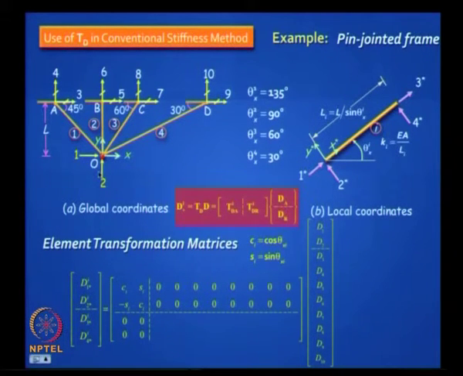Well, check the coordinates. Element number 1 is linking 1, 2 and 3, 4. So this is 1, isn't it? This is 2, this is 3, this is 4, because that is what the global coordinates point to. So where will it come? It will come there for I equal to 1. So the top corner is common for all of them, because 1, 2 is common for all the 4 elements in this particular example. What about for I equal to 2, the second element, where will it go?